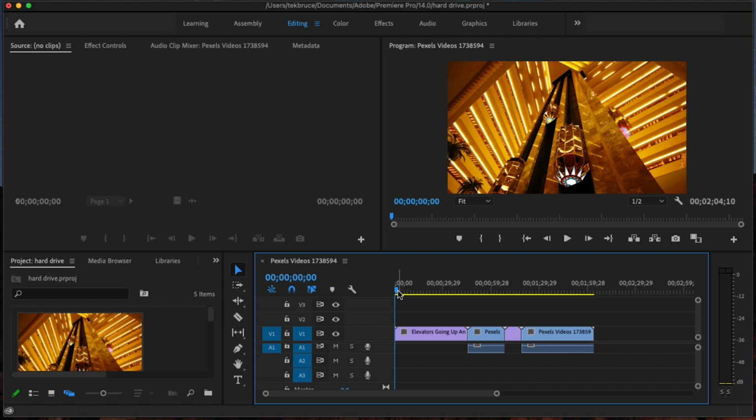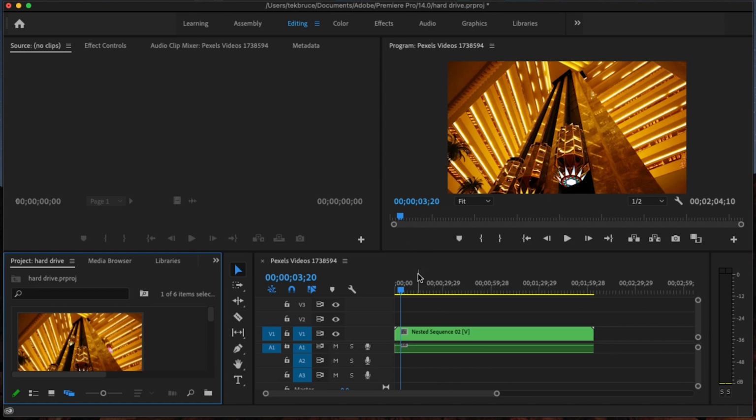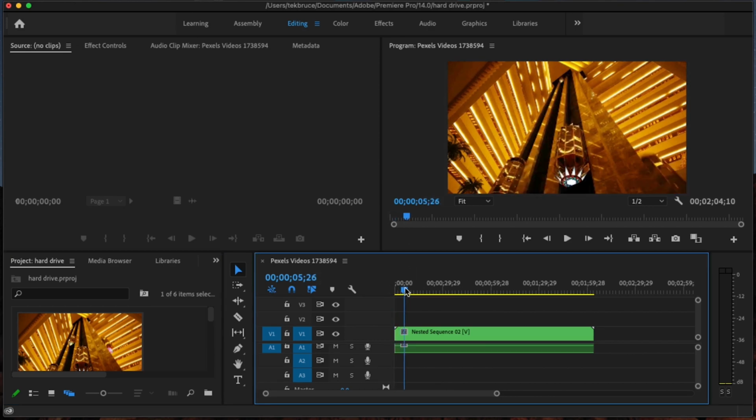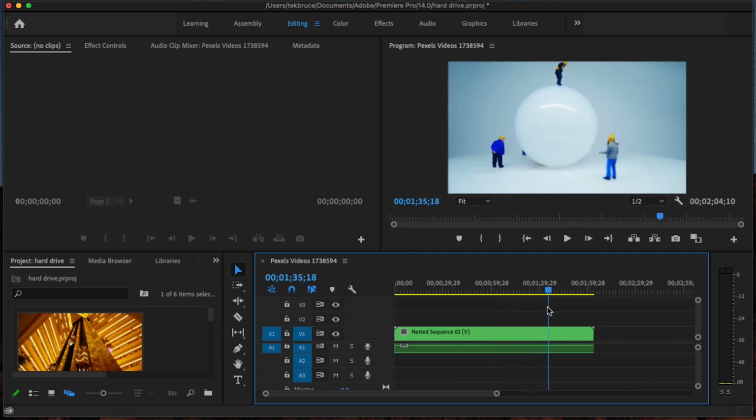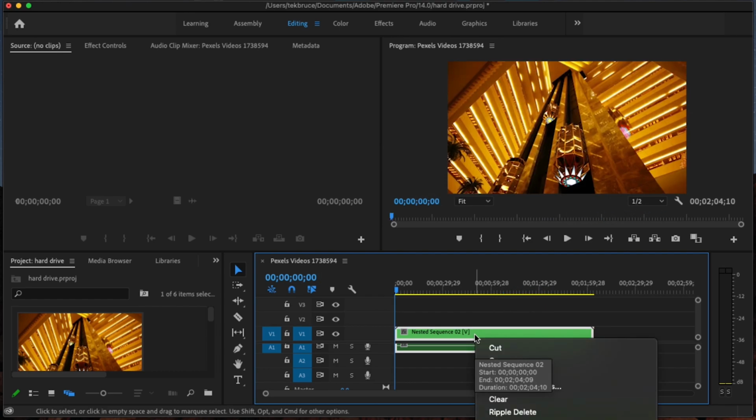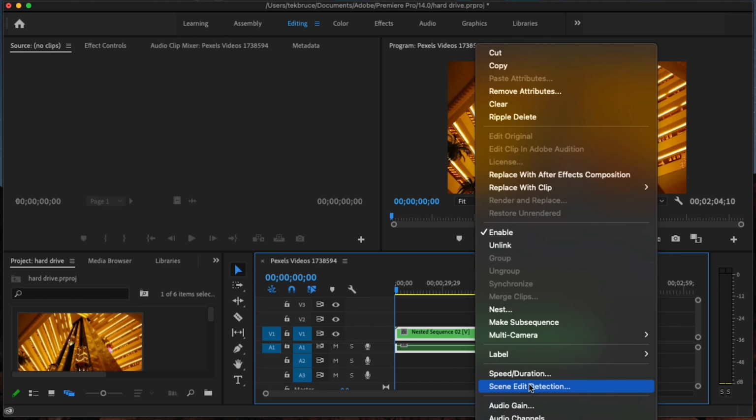In the timeline, there are clips of 4 different scenes. The scenes are clustered into one because they have been nested. To use this feature, right-click on the clip, move to Scene Edit Detection, and now it's going to give 3